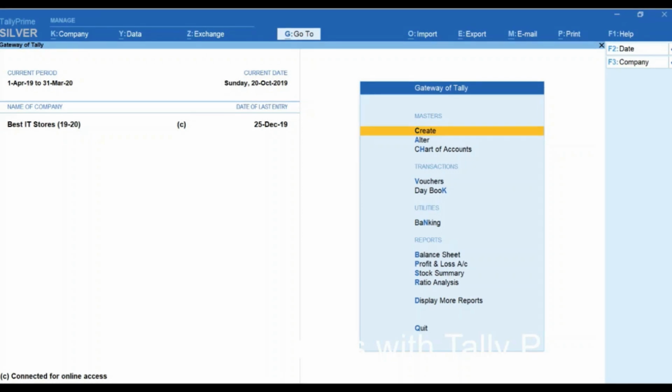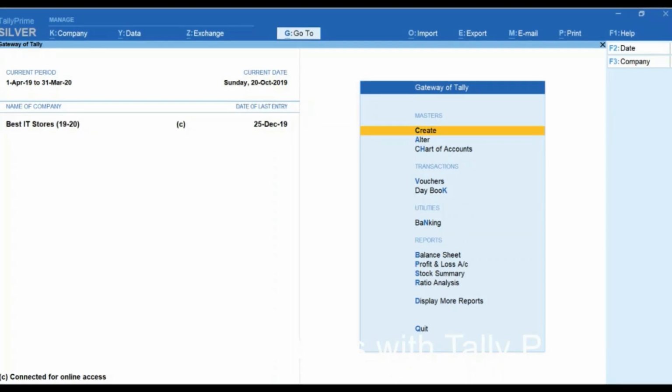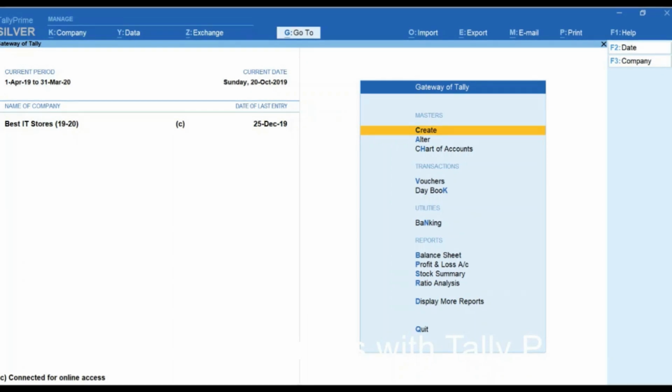Let me take you through a key experience of Tally Prime: GoTo. Using GoTo, you can quickly access any business data, do any transactions, and conveniently switch between them, no matter where you are in Tally. Let us experience this through a business situation. You can see the GoTo button that is placed in the top center of your Tally Prime.